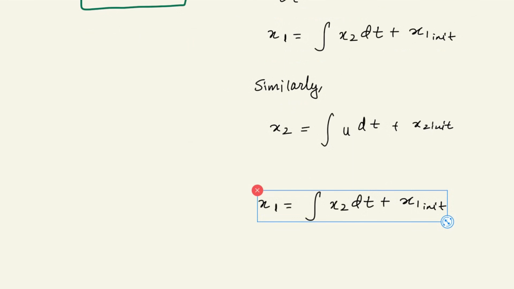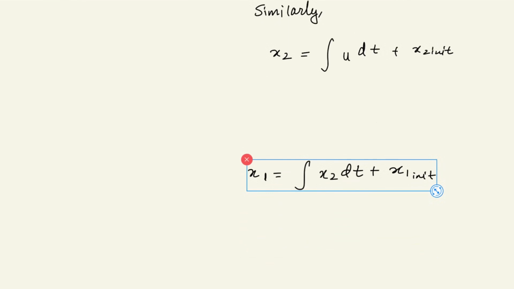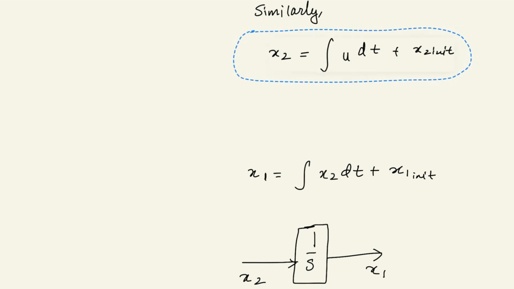So in Simulink we have this integration block. We will take this integration block, the input of it is the variable x2 and the output of it will be the variable x1 with the initial condition set in the block itself. The interpretation is like position is the integration of velocity throughout the time. So similarly we will repeat, the velocity is the integration of acceleration.